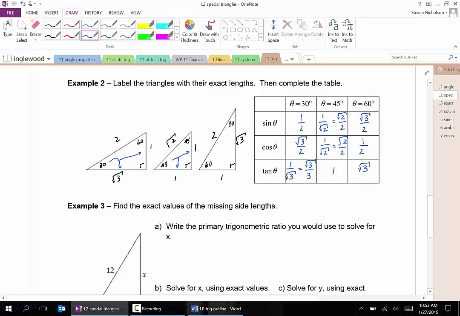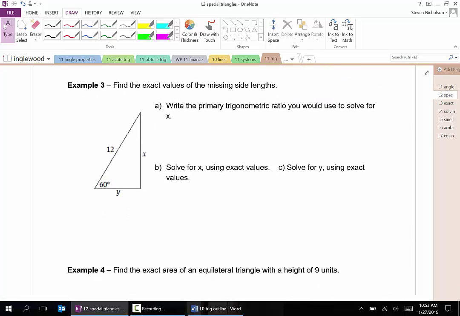So here's what we want to be able to do. We want to be able to use these basic special acute triangles to go ahead and solve problems. Now, a really good thing to do whenever you have one of these special triangles, regardless of the numbers of the original, is to put in your numbers. So I'm going to put them, and I'm going to circle them. So if here's my 30 up here, I know that the sine of 30 is 1 over 2. So in this triangle, the hypotenuse is always 2, and the side opposite 30 is 1, and the side opposite